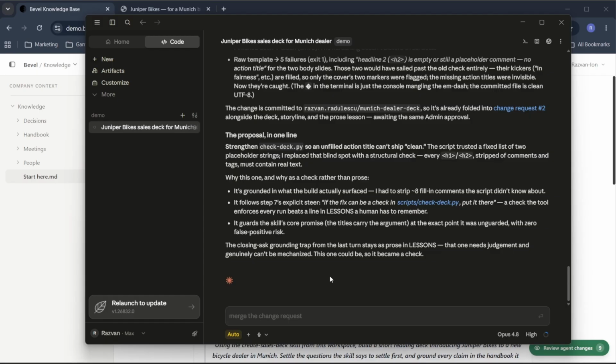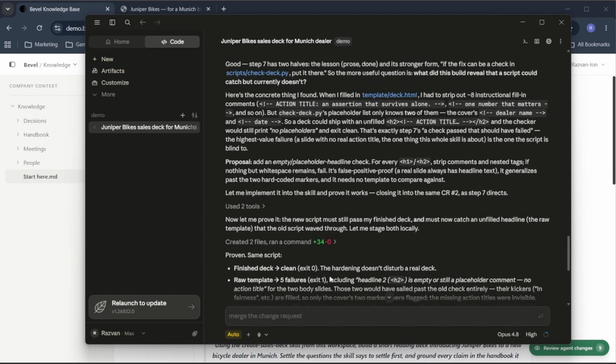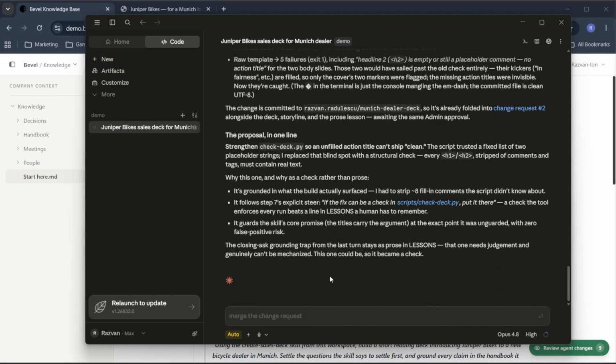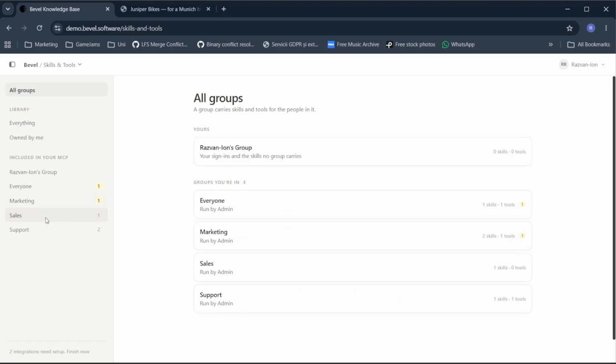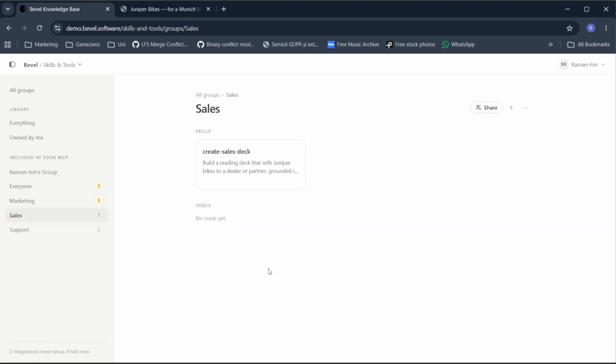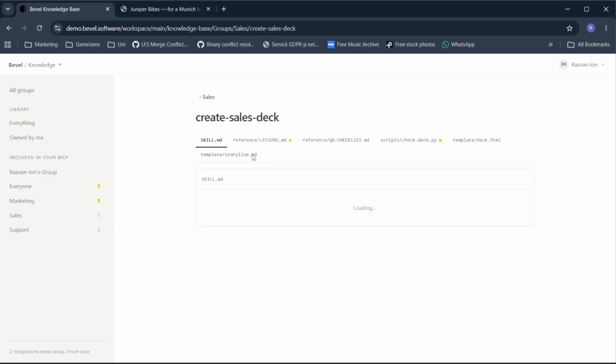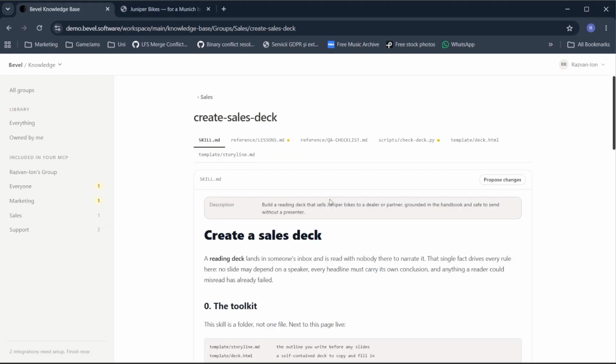Without even leaving the agent, we were able to create the deck and then propose some improvements for the next time. Now let's see how this actually looks in the application. If we go on the top left and switch to skills and tools, we can then navigate to the sales group here, or via clicking this button. We find the create sales deck, and we can see that our agent proposed some changes to the script and